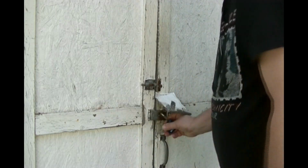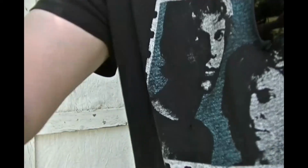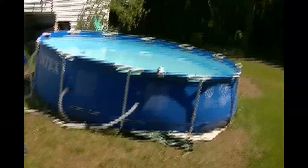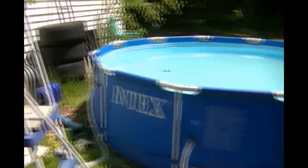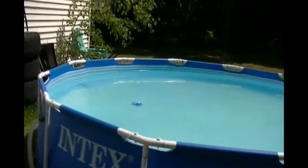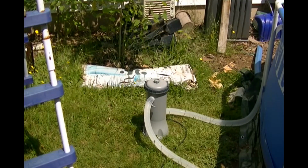So this pool that we have over here is this Neck Tech. Had it for a number of years, and I think it's about 10 years old, but I had to get a new pump for it last year from Canadian Tire. I bought it for $97, but I have a video of